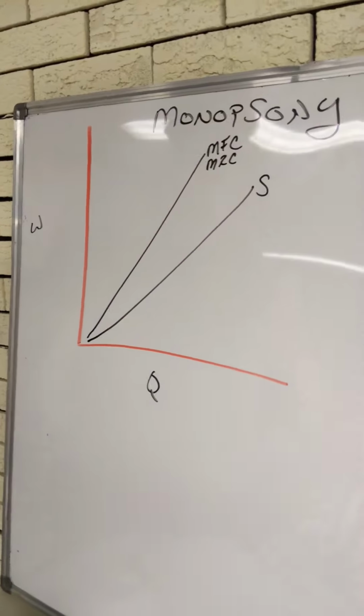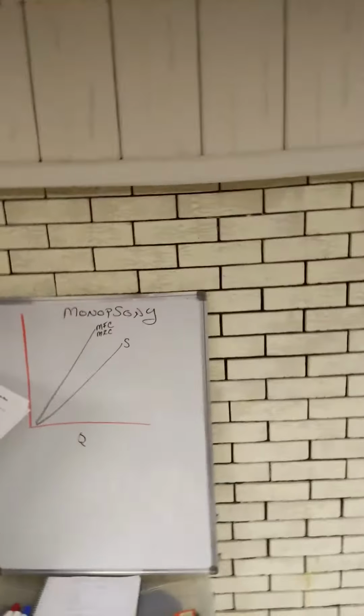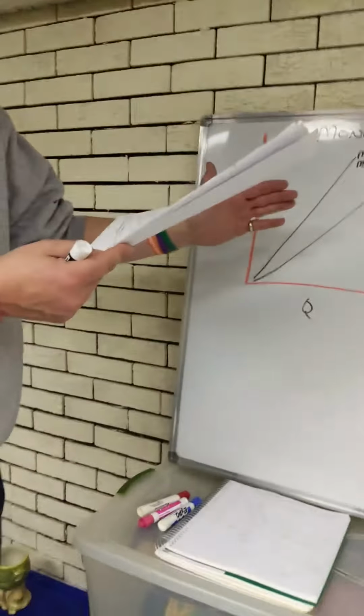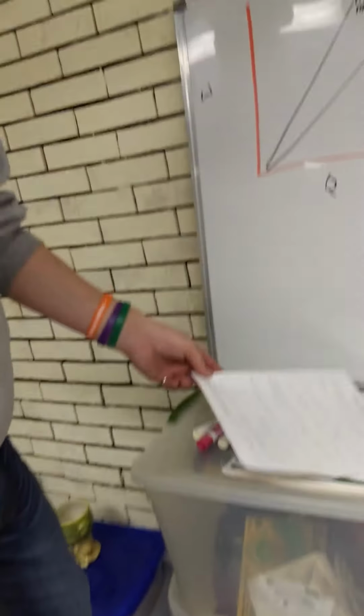right? What does the firm do or have to do to hire one additional worker? You got to pay more, but then you need to pay all those other workers more. Okay, so what does that mean? That your marginal factor cost in relation to the supply curve is above, right? So now, again, think about it logically. What is this